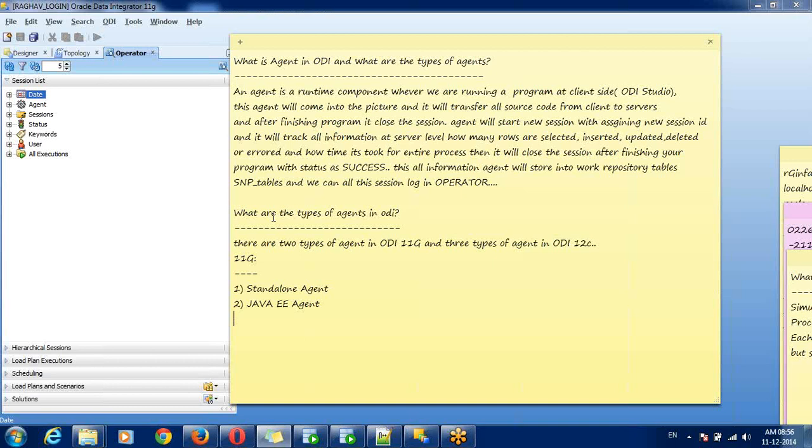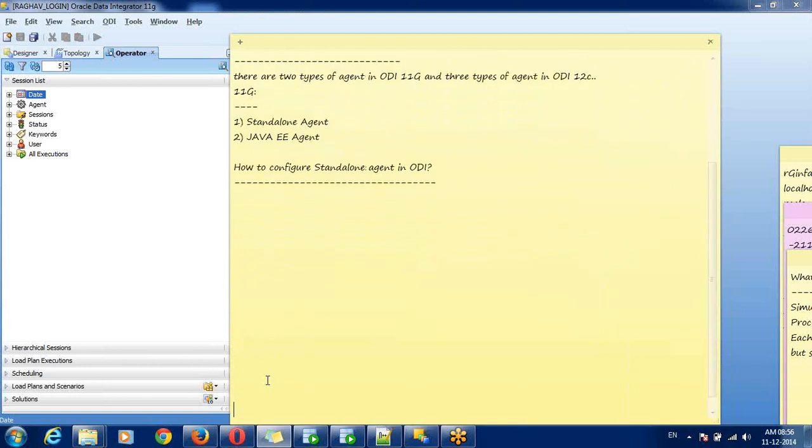So these are the two types of agents in 11g. How to configure a standalone agent in ODI? Standalone agent configuration.